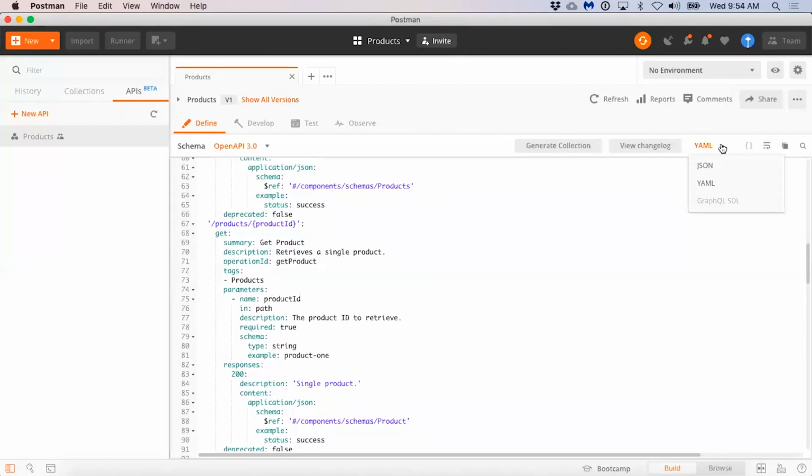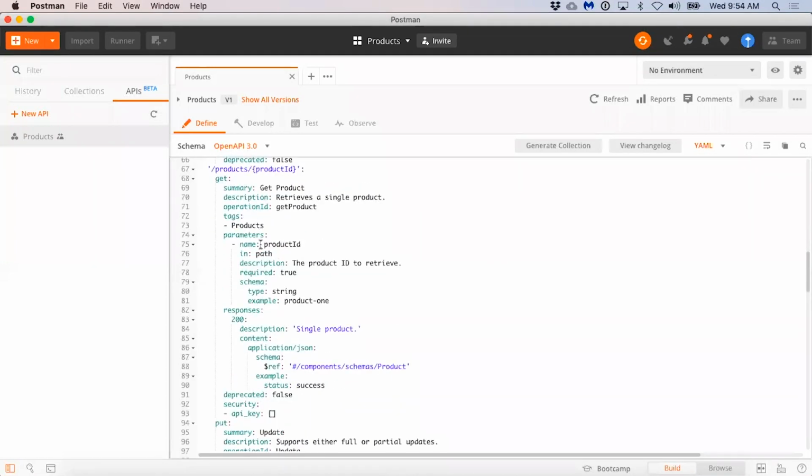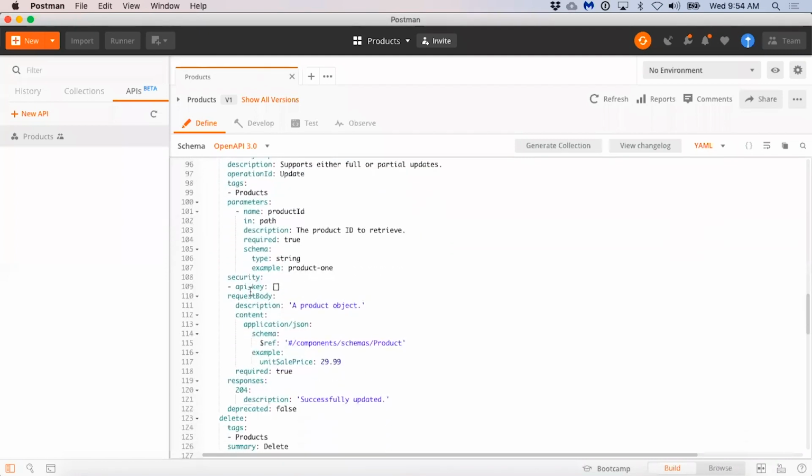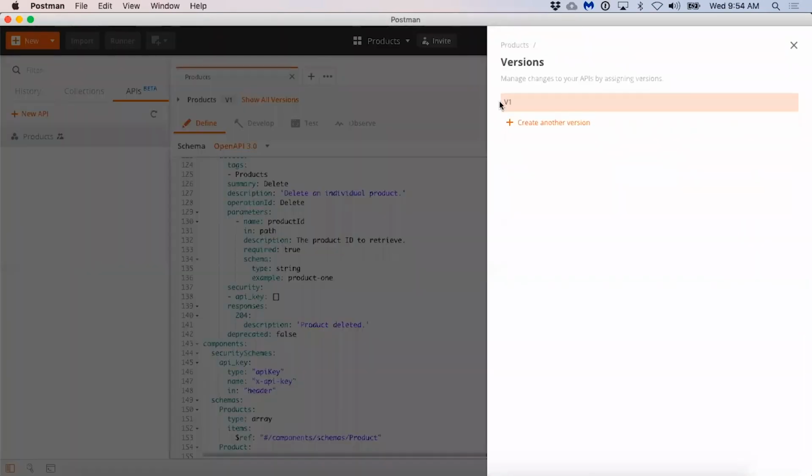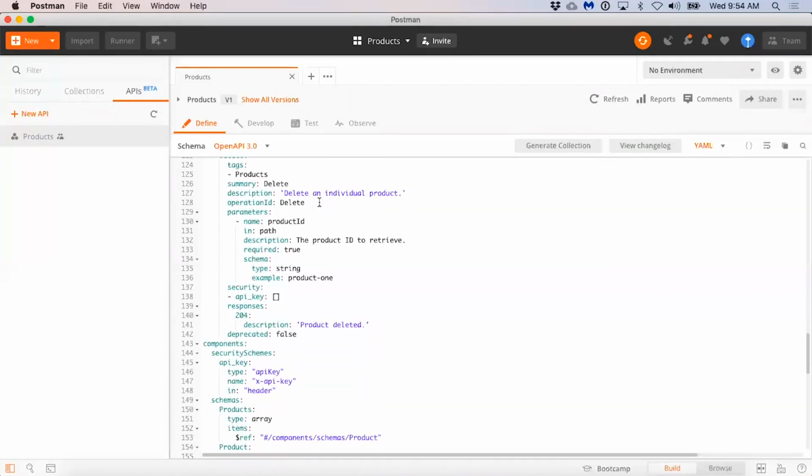Teams could opt to use JSON, but he's choosing YAML because there's a lot of business users involved in this process, and he wants to keep things fairly intuitive and easy for business users to be able to get involved and actually participate in the API build and test process. Jeff's versioning every one of his APIs. He's able to manage the different versions here using Postman, he's using major, minor, and patch, taking advantage of semantic versioning and Postman to help manage that along the way.